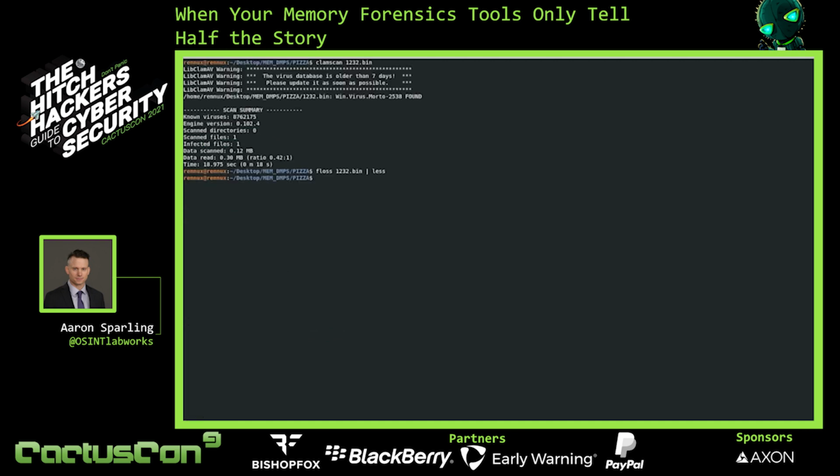So let me recap what we did on this third memory image. We used Volatility. We jumped straight to the malfind plugin. We said, hey, in the first two examples, we had a lot of success in example one by searching for the presence of an MZ header. In the second one, we had a lot of success looking for the presence of a no-op. Let's look for both of those at once. Nothing was found. We got some no-ops, but they look like false positives because they weren't stacked on top of each other in memory. So then we said, hey, let's just run malfind again and grep for Explorer and service